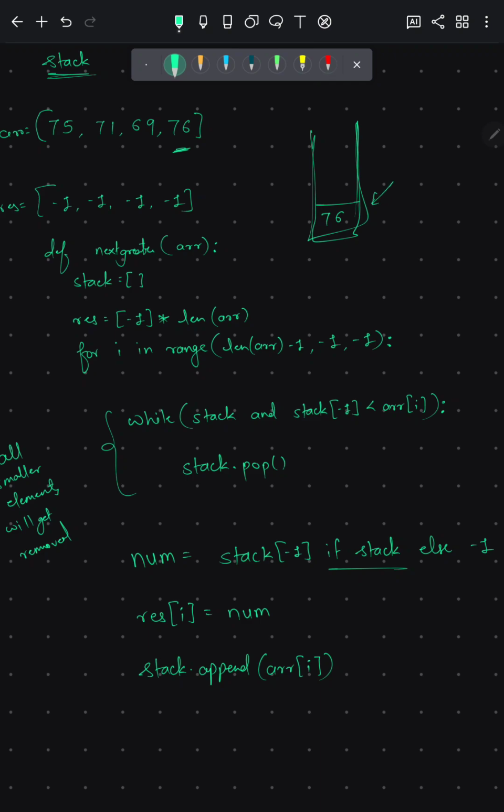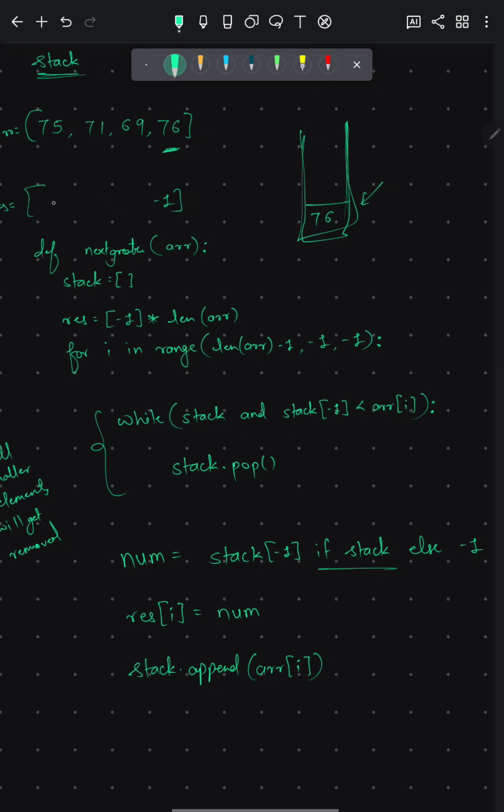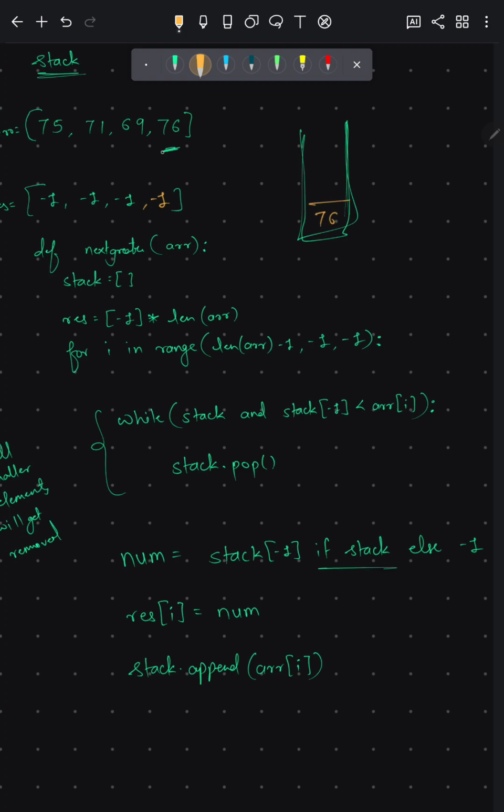So for the first time it is 76. We got the result -1, and we will fix. Okay, first it is -1, that went into the stack, then this element is done, then we are here.